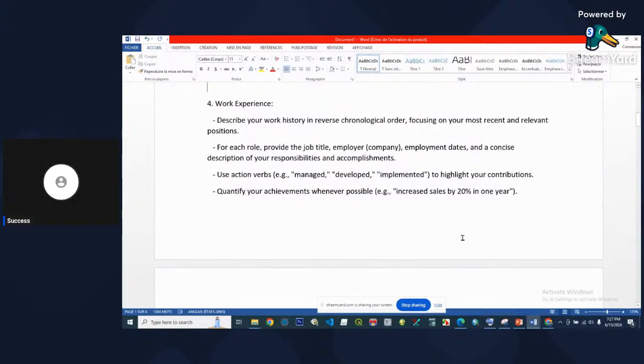So you mention your work experience, right? Describe your work history in reverse chronological order. That means you start from your most recent to your most ancient. Now, one other thing is that a lot of us might have a lot of work experience. We have done a lot of stuff. I mean, the economy wasn't the best. So probably you've been a teacher in a primary school. Maybe you've been a truck pusher in the market. Maybe you've been a sales girl in one of the electronic shops in Mokolo Boya. Maybe you've been an attendant or a waiter in a restaurant in Limbe, stuff like that, right?